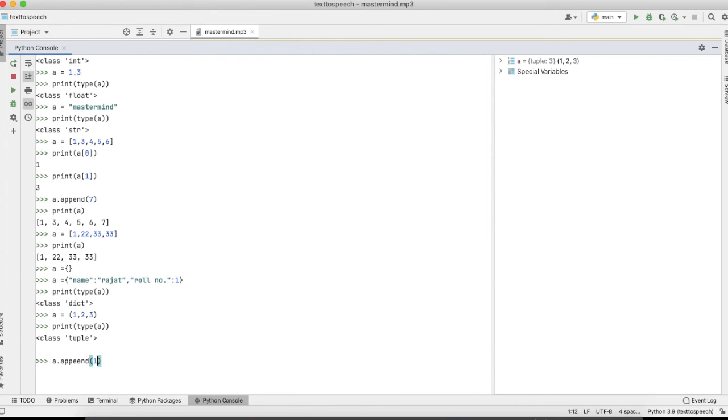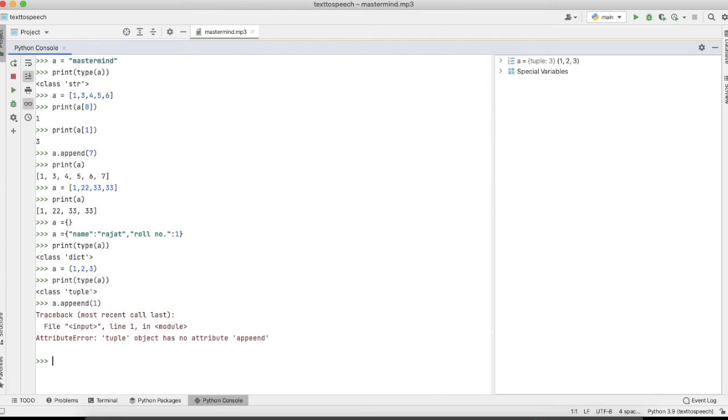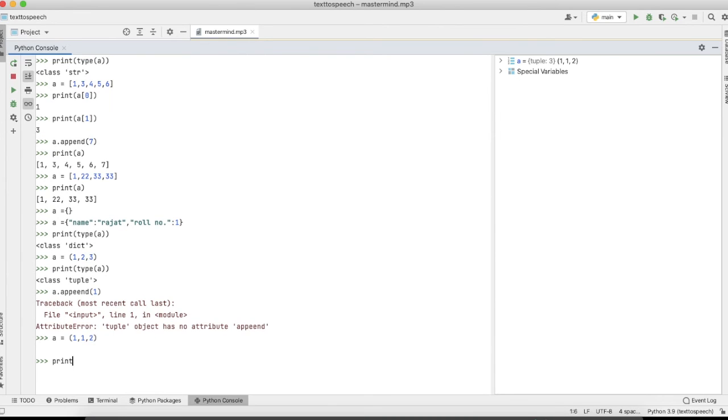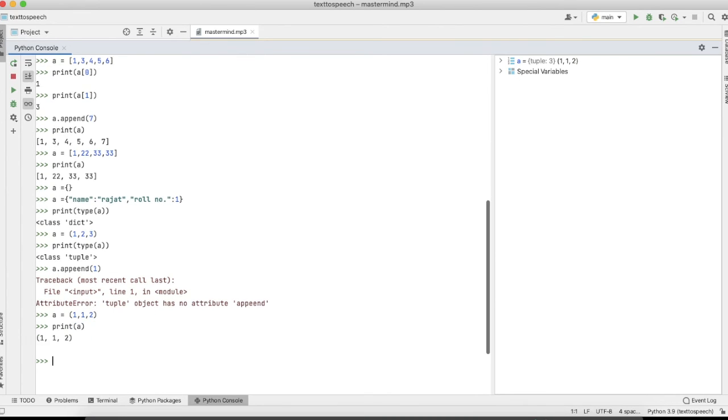If we try, it will show the error because there is no attribute like this, and it allows duplicate values. So if we see 1 1 2 and print A, it has that duplicate value.